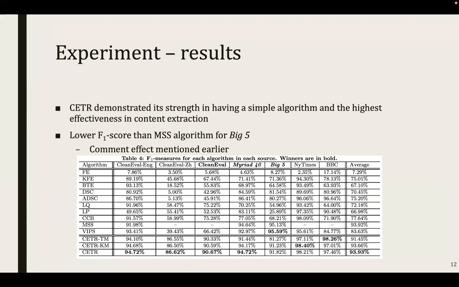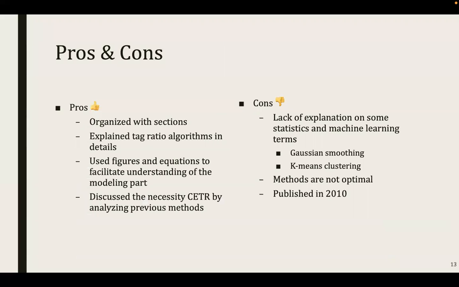Then for the result of comparing all the methods in parallel, we can see that the bolded ones are winners. And Cedar has the most bolded data here on the last line. So it was concluded that Cedar demonstrated its strength over other methods by having a simple algorithm and the highest effectiveness in content extraction. So for some pros and cons of this paper,